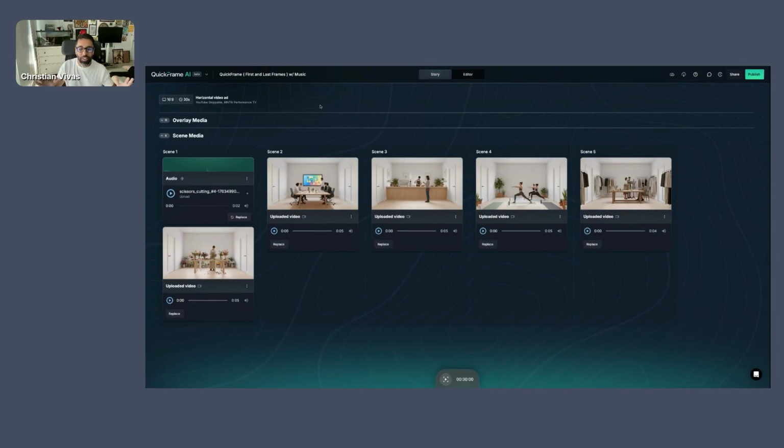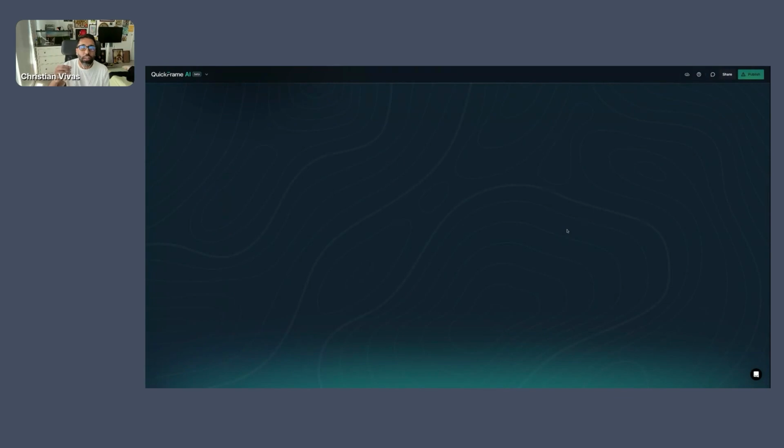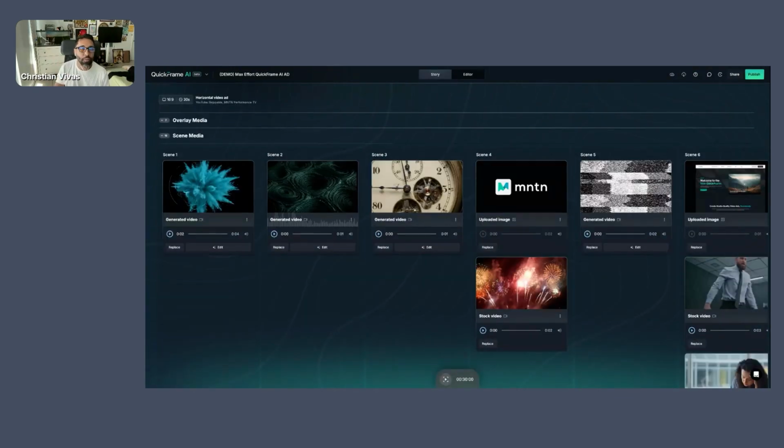Great. There we also see a little bit of some of the future features that we have. And you guys are going to see this as a style very soon. And the last thing that I want to showcase is Maximum Effort created a video for QuickFrame AI. And those guys are amazing storytellers, right? They're able to take a story, take a company, blend those things together and provide a very beautiful asset.